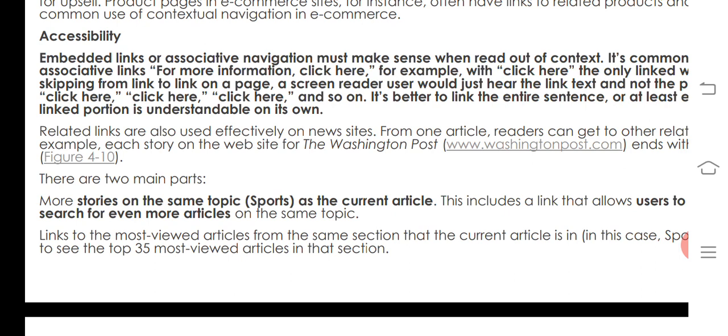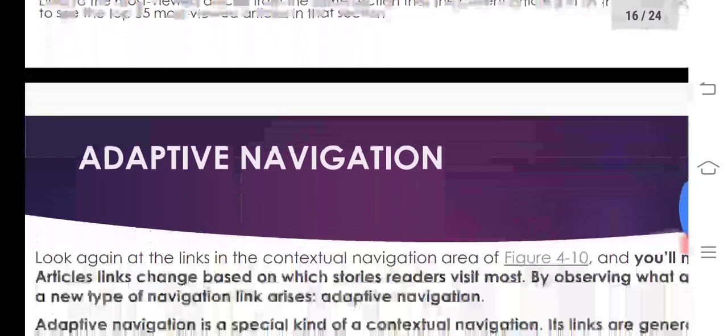That is the two main parts. One is an article from the same section as the current article. Apart from that, it is searching for some different articles.